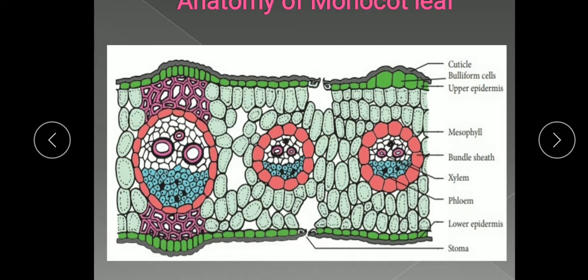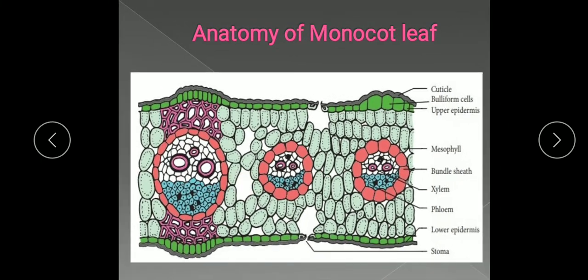So when water is sufficient, the cells will be turgid, so the leaf surface will be exposed, and when they become flaccid due to water loss, these bulliform cells undergo shrinkage and cause the leaf to curl inwards. So these bulliform cells help to minimize the water loss. And the veins we will see in the monocot leaf are almost all of similar size. These are the veins. Now in the veins we will study the vascular bundle. So in monocot leaf, bulliform cells are present. Just now I explained bulliform cells present on the adaxial surface.